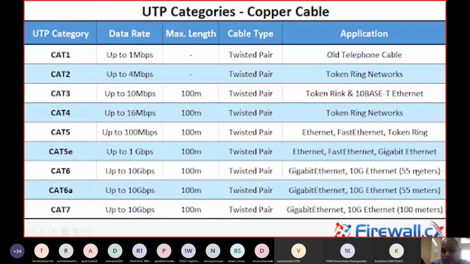This can be used for 55 meters, or even now Cat 6 cable can also be used up to 100 meters. That must say this much is improvement here. And once you go beyond the 100 meters twisted pair, then that particular cable will be called a Cat 7 cable.